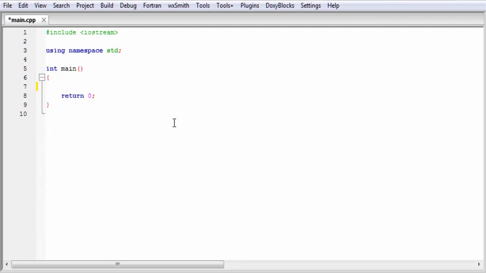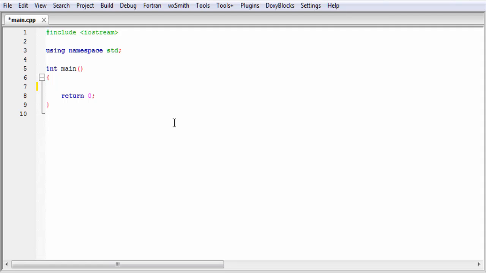In this tutorial, I am gonna teach you the break statement in C++. In C++, the break statement is used for two purposes. One is to come out of the loop immediately, and another is to terminate a case in a switch statement. Here we see how we can use the break statement in a program and what happens when we use it.